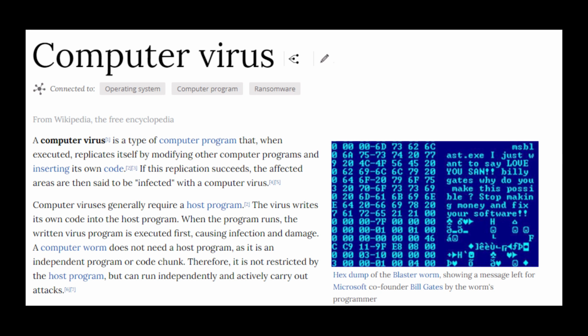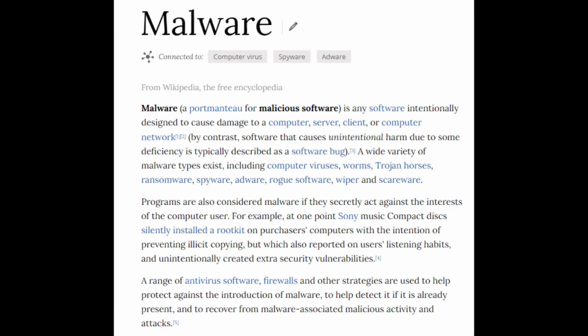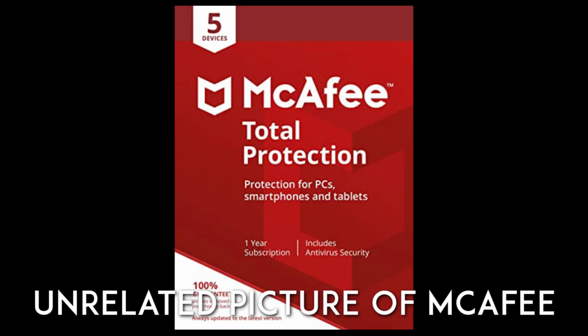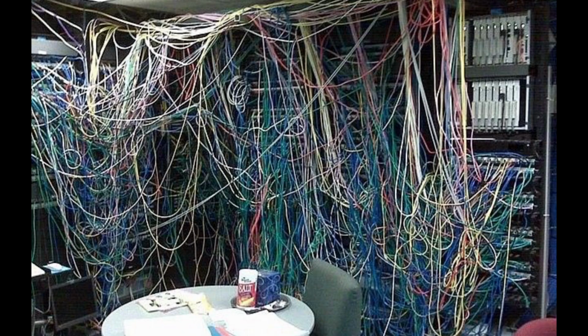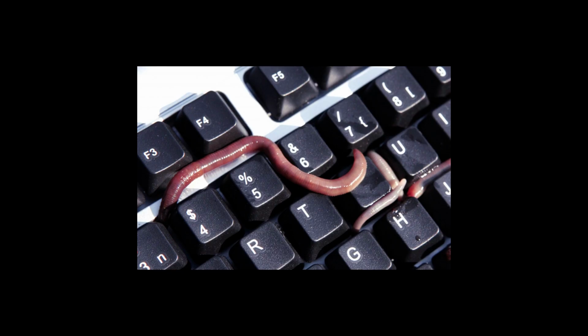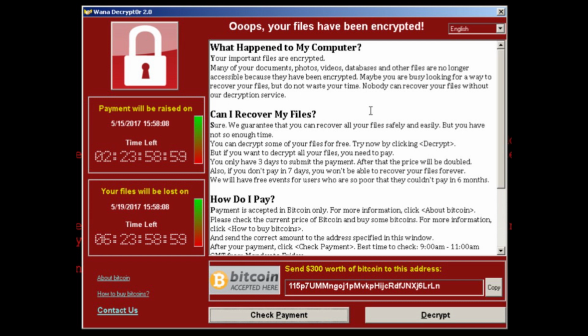According to Wikipedia, a computer virus is a type of computer program that, when executed, replicates itself by modifying other computer programs and inserting its own code. Virus is actually a type of malware, malware being a combination, or a portmanteau, however you say that, of the words malicious and software. Malware is defined by Wikipedia as any software intentionally designed to cause damage to a computer, server, client, or computer network. There are many types of malware, such as Trojans, computer worms, spyware, and ransomware, all with different types of